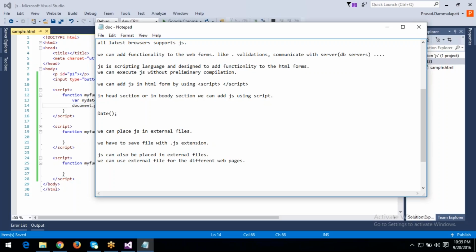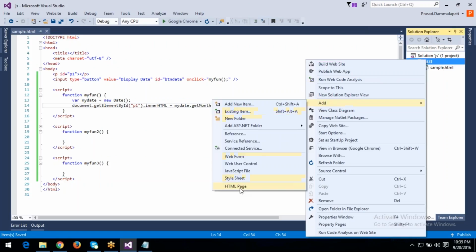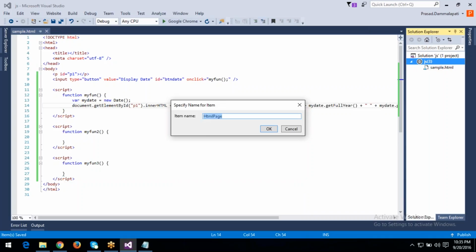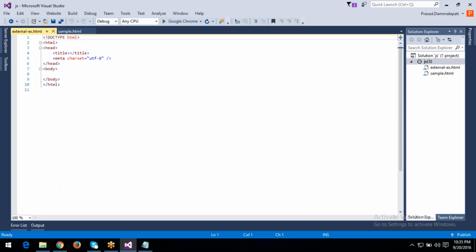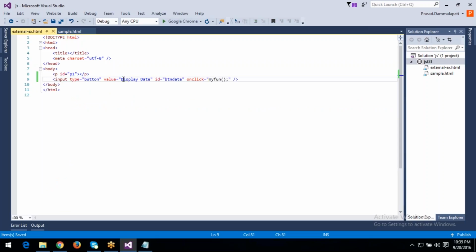So for example, create an HTML form, external file example, and the same thing, the same paragraph and the same button. Okay, so when you click on this button, you can display the current date time in the paragraph, but we have to write the JavaScript code in an external file,